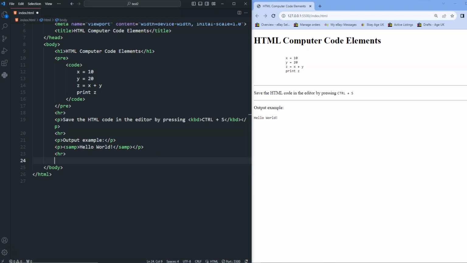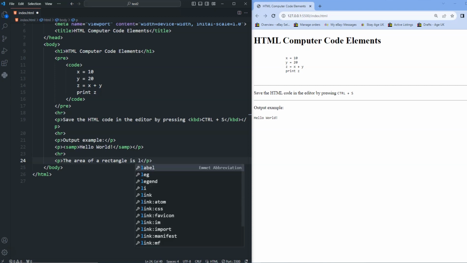So this is quite a short lesson, and this is the VAR tag, which is used to define a variable in a program or a mathematical expression. The contents in the browser are normally in italics. So let's create a P tag. So let's say, we're going to say the area of a rectangle is, and if we say the length times the width,